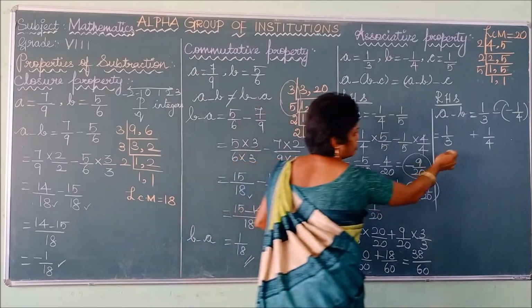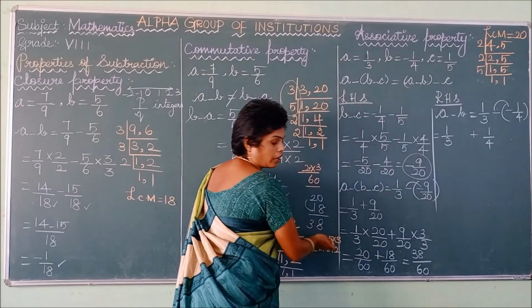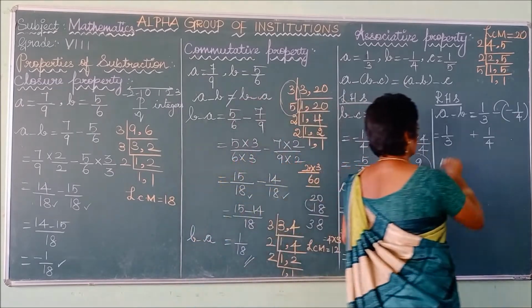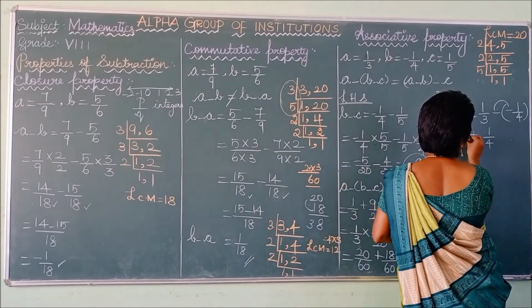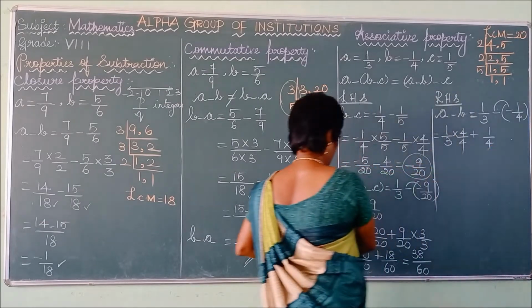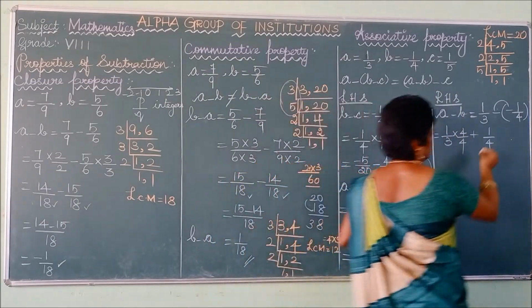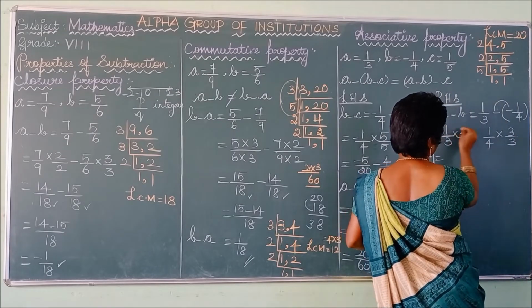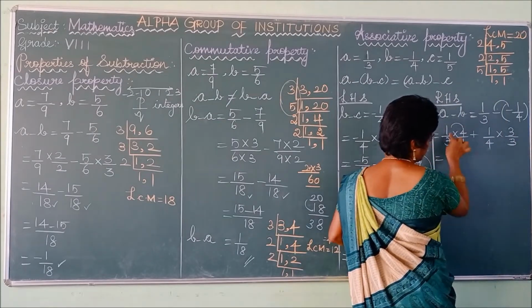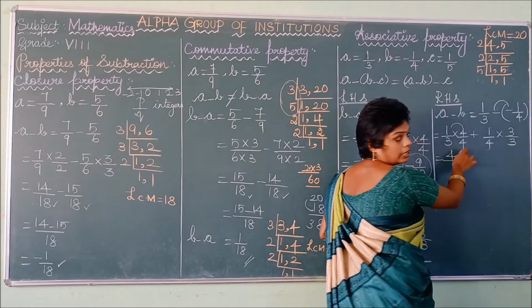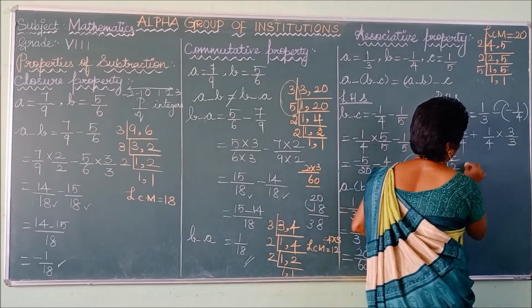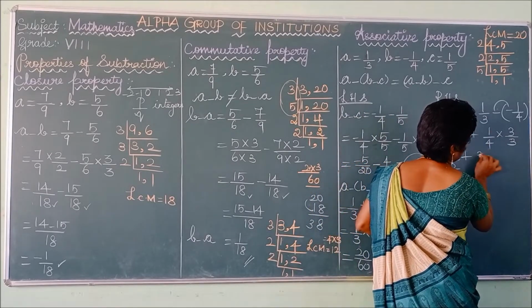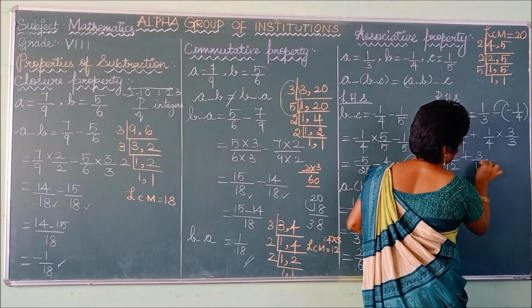So 4, 3 is there. 4 you have to multiply, you can get that value as 12. So you have to multiply 4 by 4. And 4 is here, you have to multiply it with 3. So 3 by 3. What is our answer? You have to multiply this one. 1 into 4 is 4. 3 into 4 is 12. Plus 1 into 3 is 3. 4 into 3 is 12.